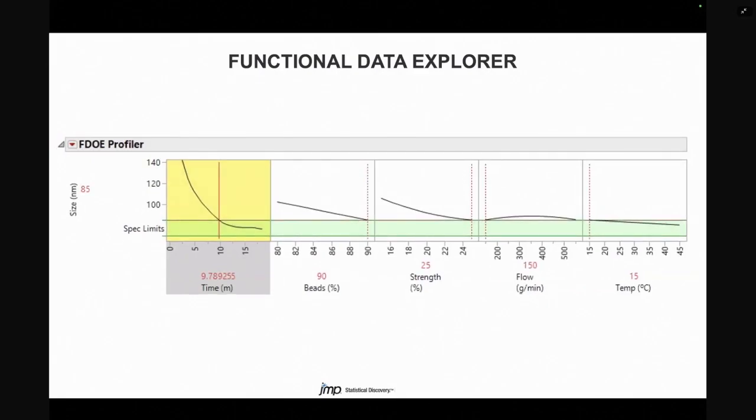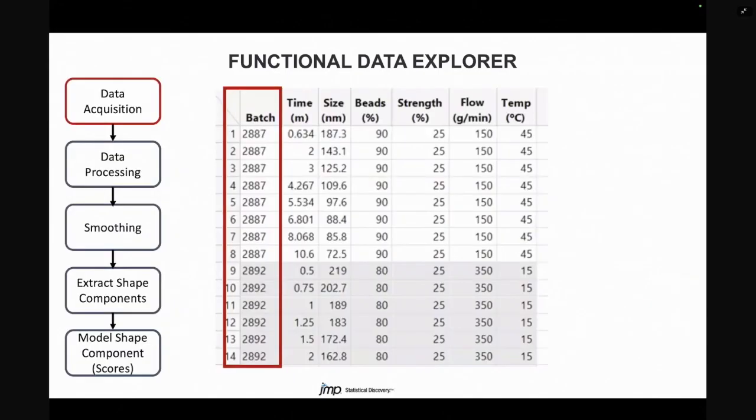And so we have found process settings. We were able to optimize this so that we get into the spec region at just under 10 minutes, and we get into the middle of the spec region by about 12 minutes. And now I'm going to go through the steps of how we were able to get to this point. So this is the final tool that you want to have at the end, which allows you to optimize your DOE factors to get this shape profile of interest. Okay,